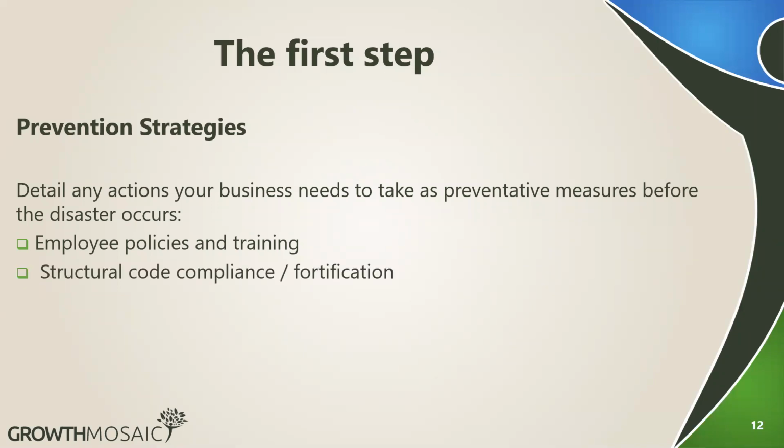We have structural code compliance or certification. And this will fall under the category of common ways to deal with disruptions. So an example is a fire in the building. So the first step was to prevent it. First of all, was your factory built in compliance to the local standards? Did you fortify it further because you know in your industry maybe a fire is more likely? So you don't just go by the standards, by what the legal requirements are. You go the extra mile to fortify and make sure yours is sort of best in class, or at least it's to your satisfaction.